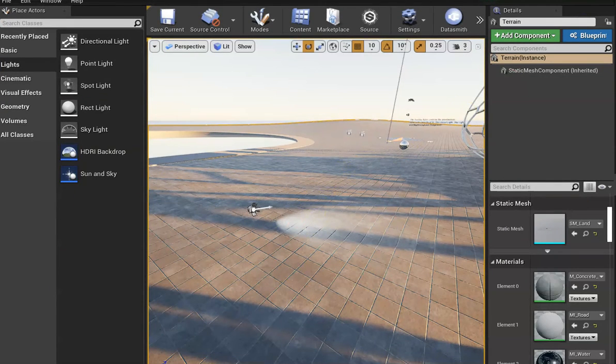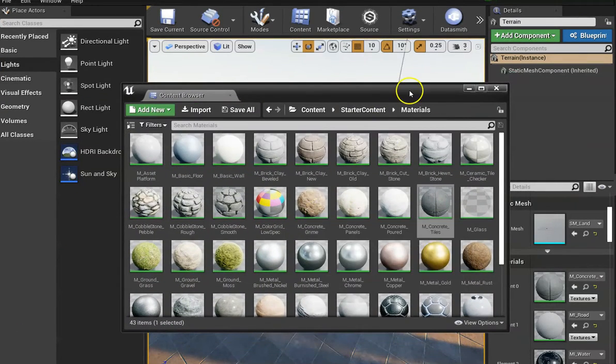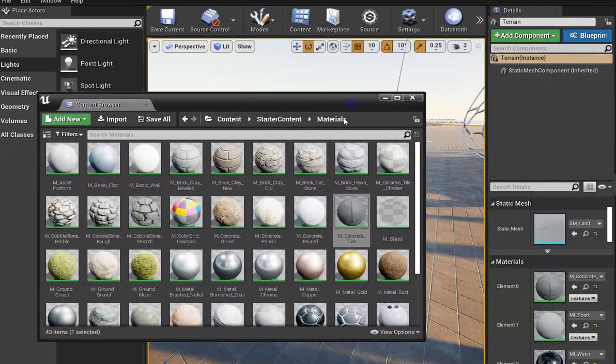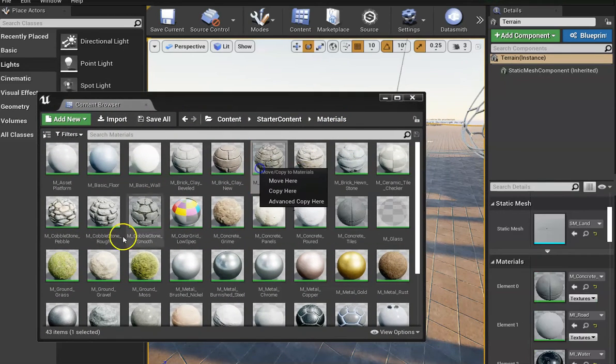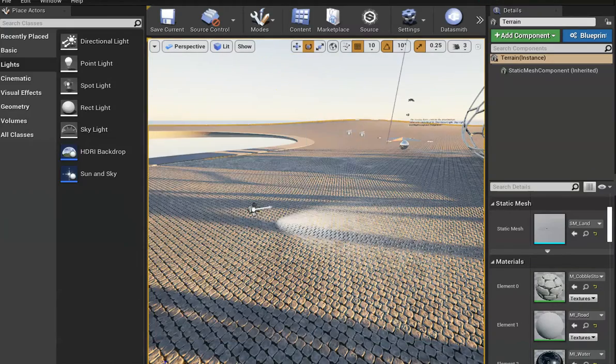Here I've got the Unreal Engine ArcViz demo, and I'm just going to show you some basic material application using some of their sample materials. We've also included a spotlight in the scene just to show you. I'm going to put in some old cobblestones to make it look like an interesting surface, which will create this